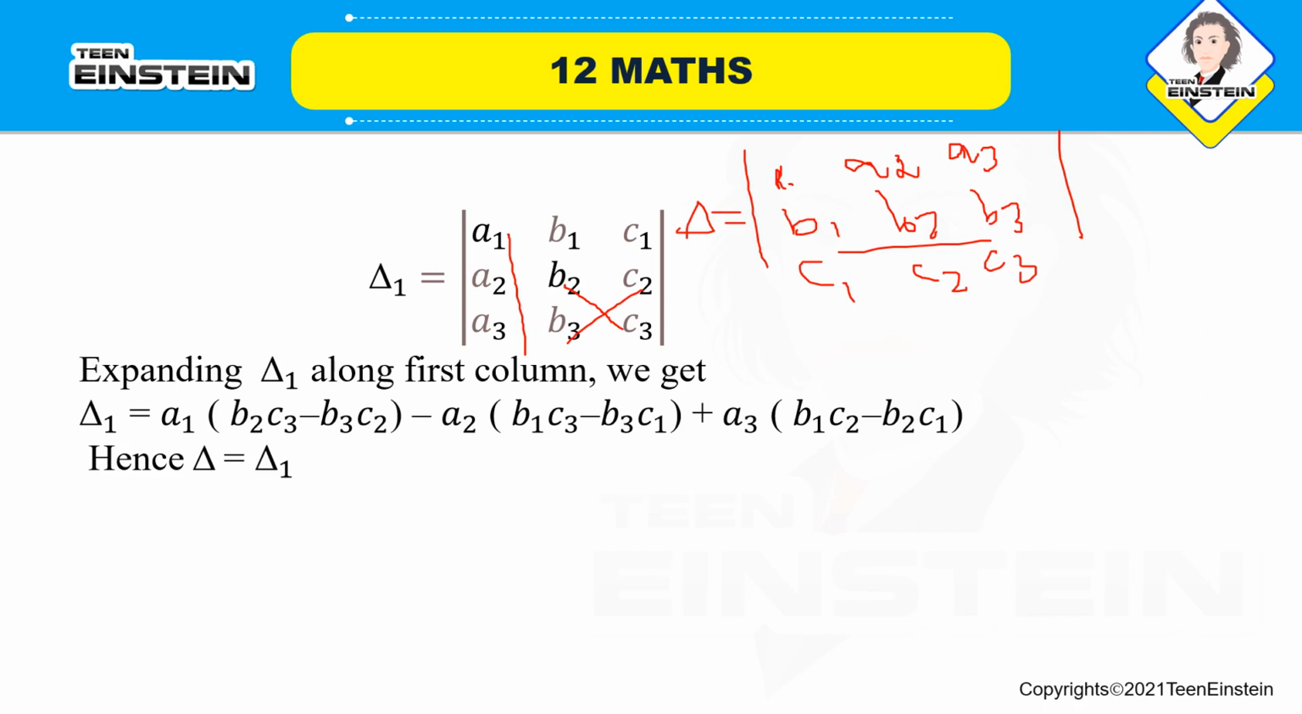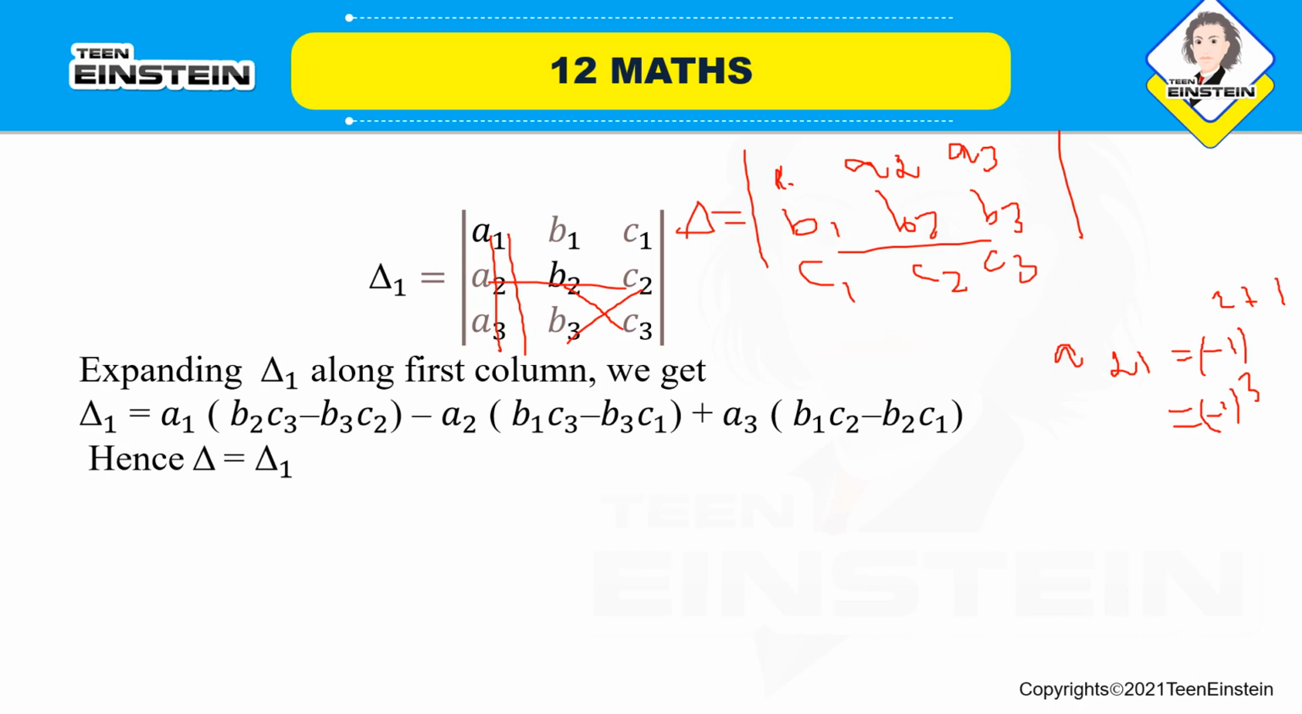Next element in the first column is A2. That is, A2 is in the A21 position. So for this position also we will be getting a minus sign. Minus 1 whole to the power 2 plus 1. It becomes minus 1 cube, so minus. Minus A2 into, if you delete the row and the column having the element A2, then you will be getting B1 C1 B3 C3. So in the downward arrow this is B1 C3 minus in the upward arrow this is